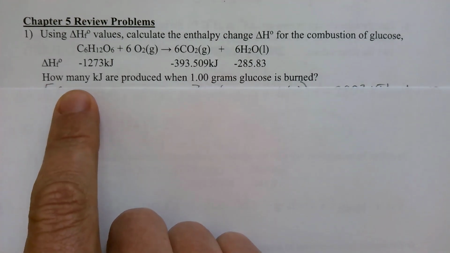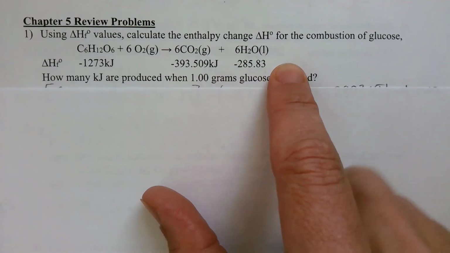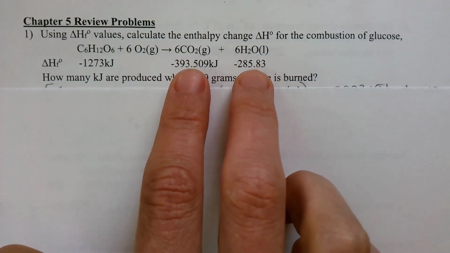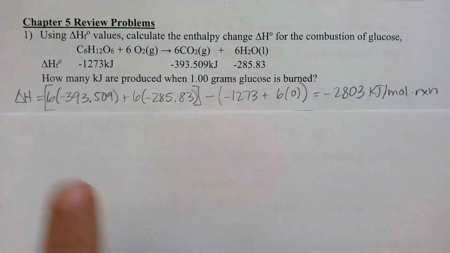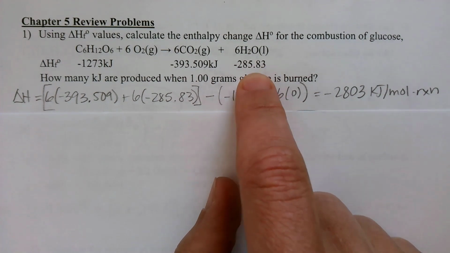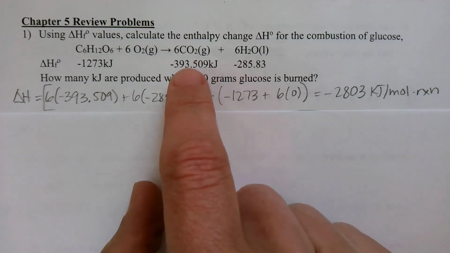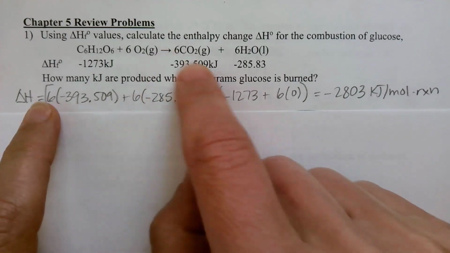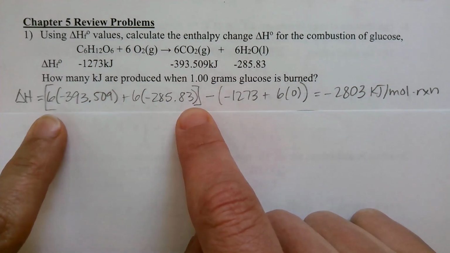So to see how many kilojoules are produced for this reaction, we need to look at our mole ratios and do products minus the sum of the reactants. So I have my 6 times the delta H heat of formation value of water, plus 6 times the heat of formation of the carbon dioxide. It looks like I used my 6 times the CO2 first, plus 6 times the H2O. So we add those together,